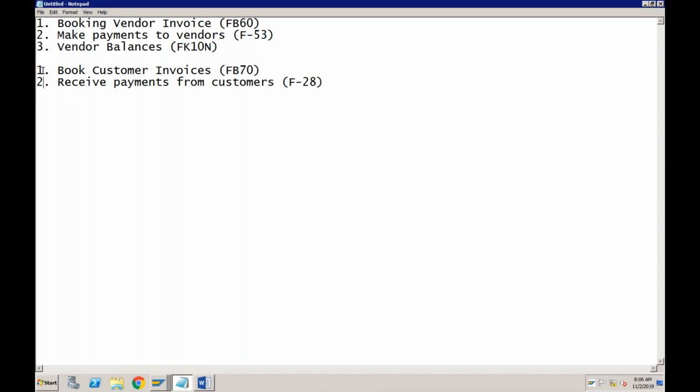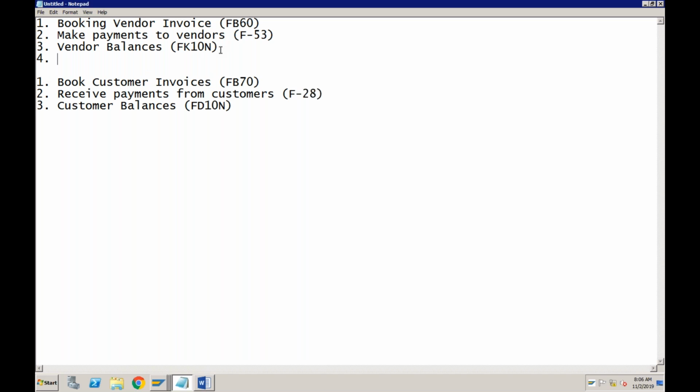If I want to know the customer balances, then I'll just replace K with D. FD10N will give me the customer balances. Similarly, if I want to know the vendor line items, which means I want to see all the invoices of the vendor,